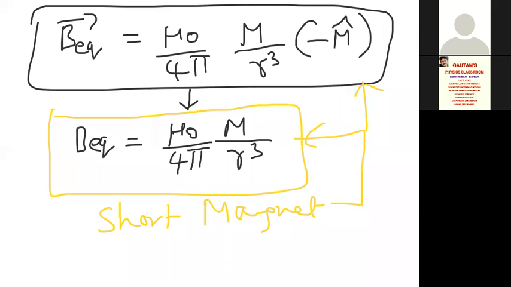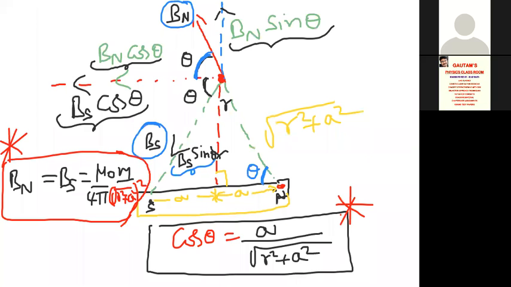So what we discussed is, first, this is our main diagram. Equatorial line means the line passing through the center of the magnet and perpendicular to the length of the magnet. This is the line where I want to find the magnetic field. Then we got the expressions for the equatorial line. These are the expressions we got.